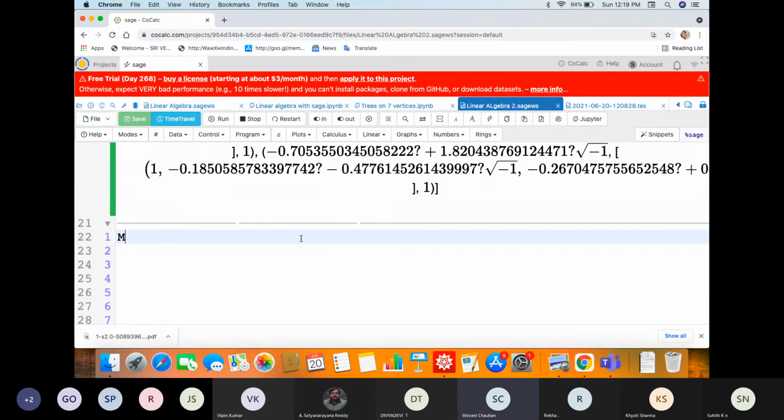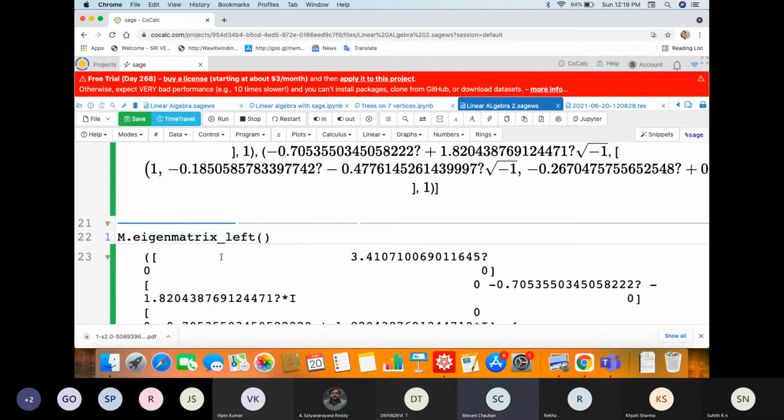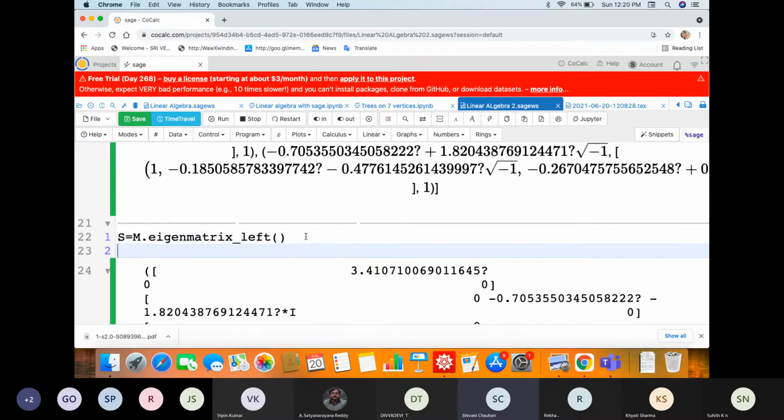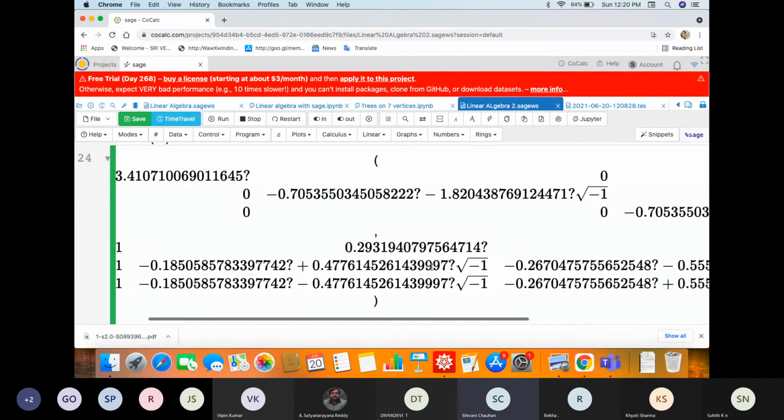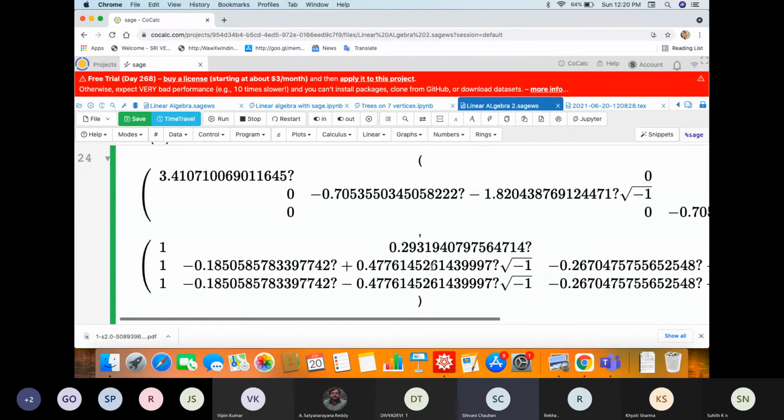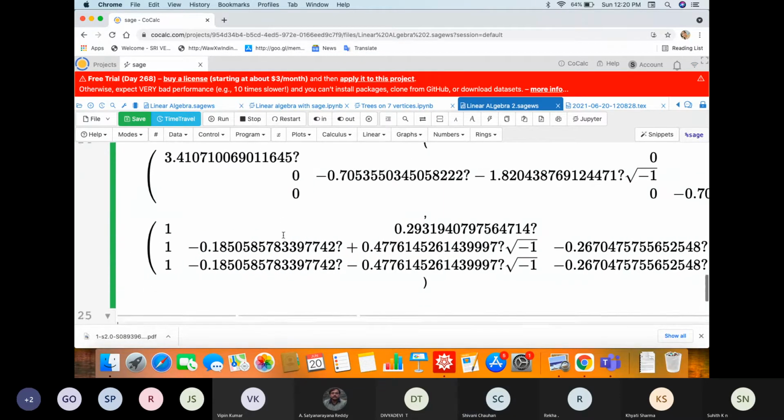Okay, let us check another operation. M dot... okay, let us try eigenmatrix. Again it is in this form. If you want to see a nicer form, you can simply define that and show S. Here it will give you the matrix form.